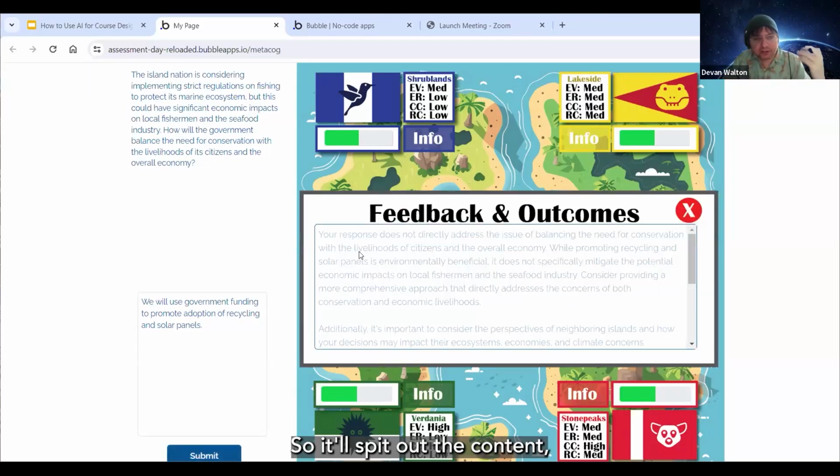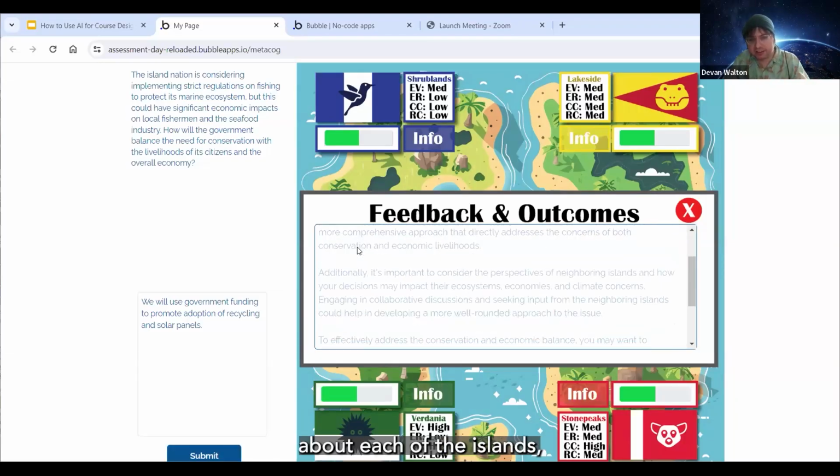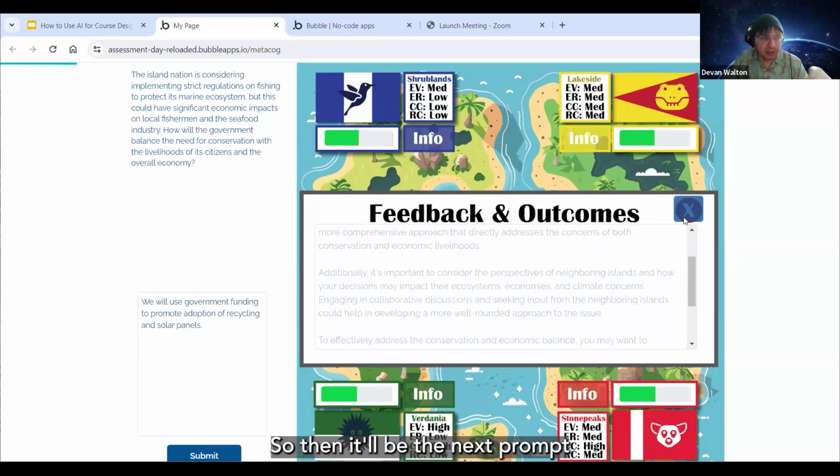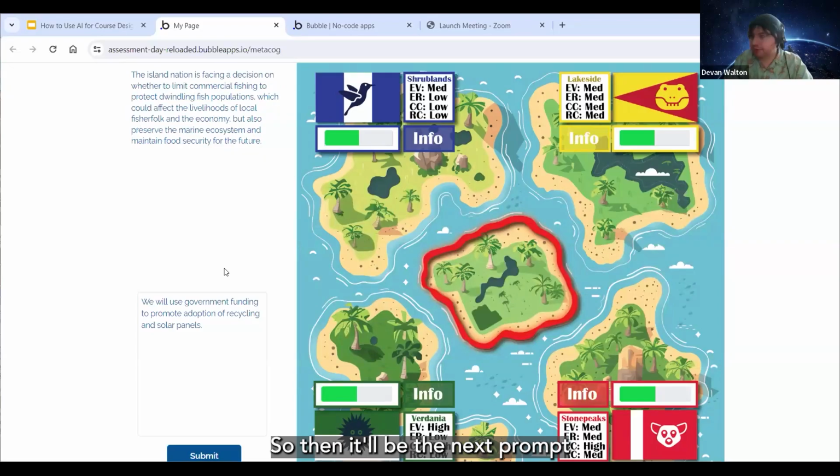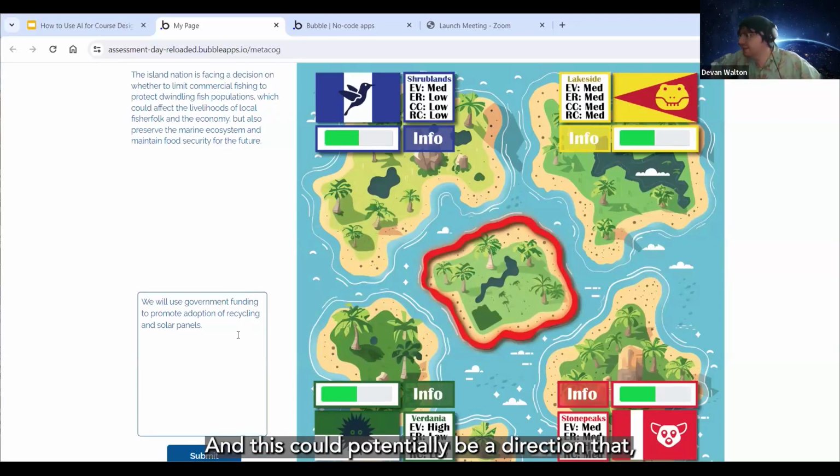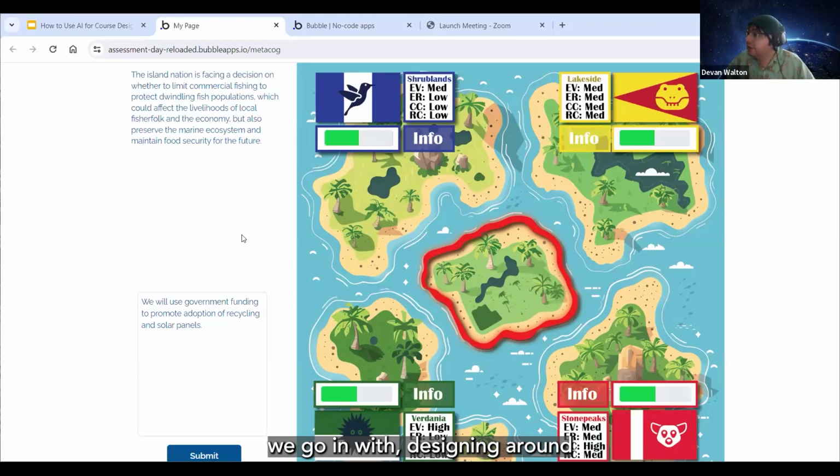So it'll spit out the content, and then you would be able to read through the feedback that it gives you about each of the islands, and then they would be able to hit the X button, and it will generate a new prompt for the student to work with. So then it'll be the next prompt that they have to answer. And this could potentially be a direction that we go in with designing around